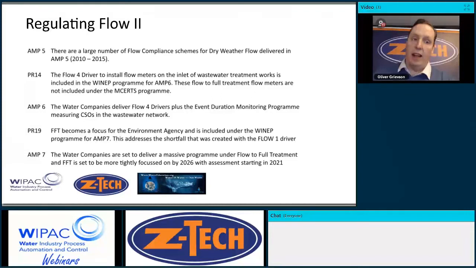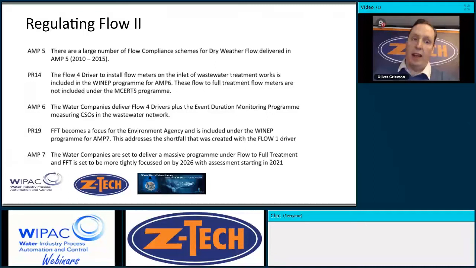What wasn't changed was flow to full treatment. So when I said earlier about the FFT to DWF ratio and the importance of that ratio, it is eroded. So right there in PR09 and in the following asset management period, when there were a lot of dry weather flow compliance schemes, a problem was set up. So in that AMP5, 2010 to 2015, there were a huge amount of schemes. That FFT to DWF ratio was eroded,